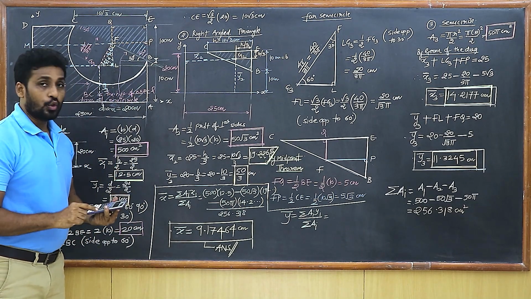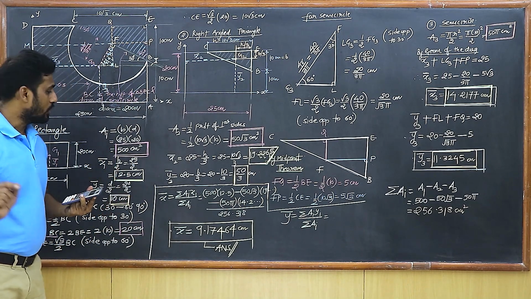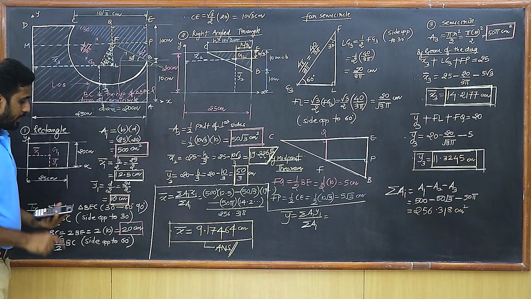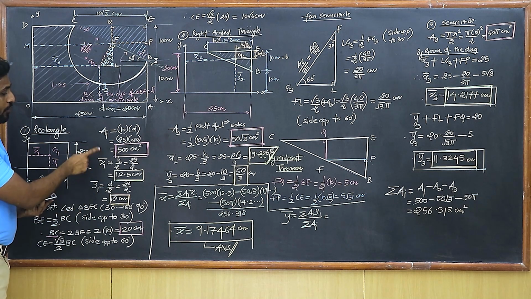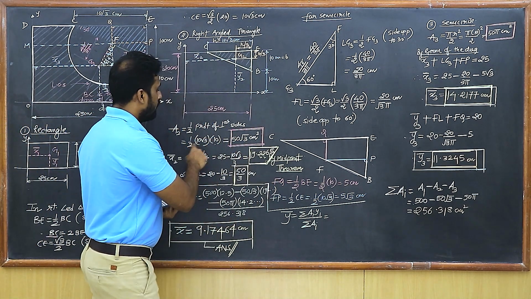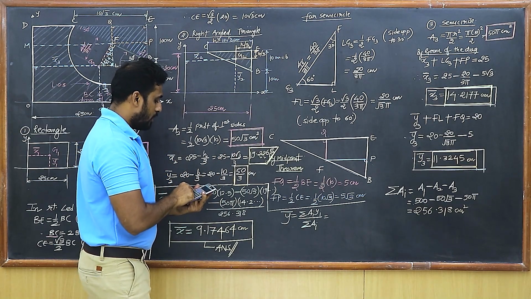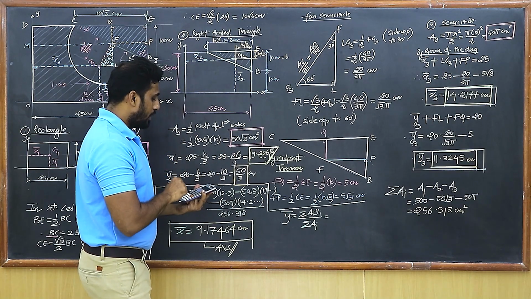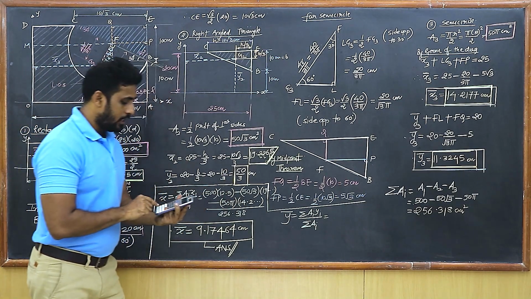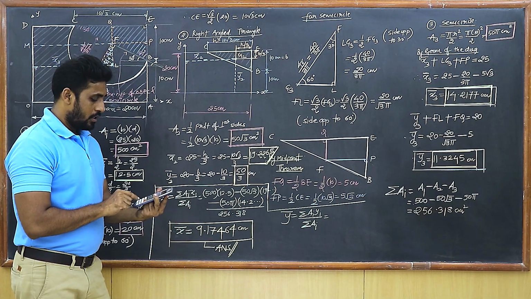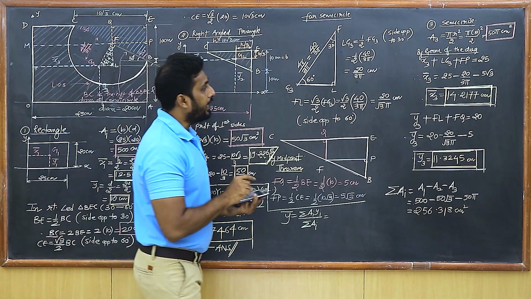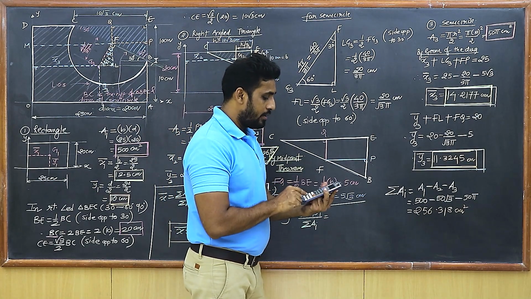Let's get the value of Y bar also. You know what the formula is, isn't it? So I'm going to do the calculations directly. So that's A1 into Y1 bar. So that's 500 into 10, isn't it? So that's A1 into Y1 bar. Then minus of A2. So there is A2, 50 root 3. So minus of 50 root 3. This multiplies with Y2 bar. So what's the value of Y2 bar? It is 50 upon 3. So 50 upon 3, that's the value of Y2 bar, and minus of, again students, A3, which is 50 pi